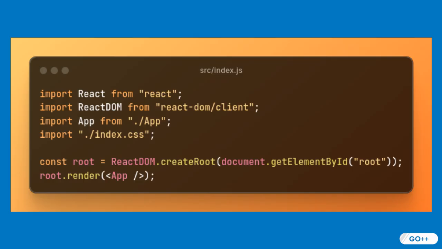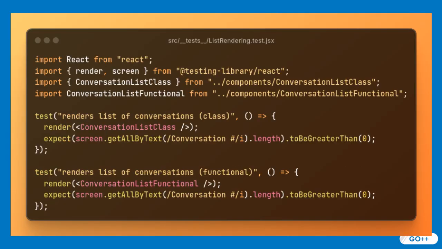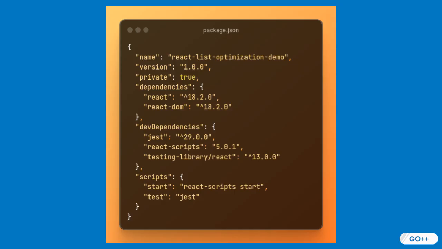This is the entry point for the React application, initializing and rendering the main app component into the DOM. This test suite verifies that both list implementations properly render conversation items. It uses React testing library to assert expected UI output for both class and functional variants. This configuration file defines the project dependencies, including only React and testing tools, and provides essential scripts for running and